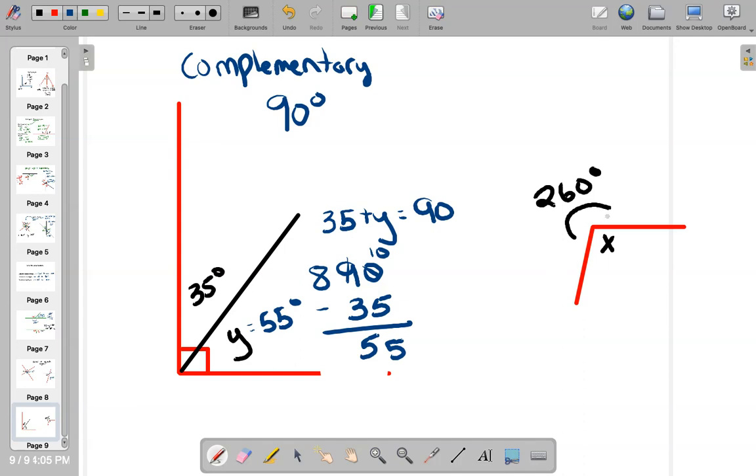The last problem here, this one's a little bit tricky to see, but the whole circle all the way around the outside has to add to 360 degrees total. Therefore, 260 plus x has to equal 360. 360 minus 260 gives us 100 degrees,